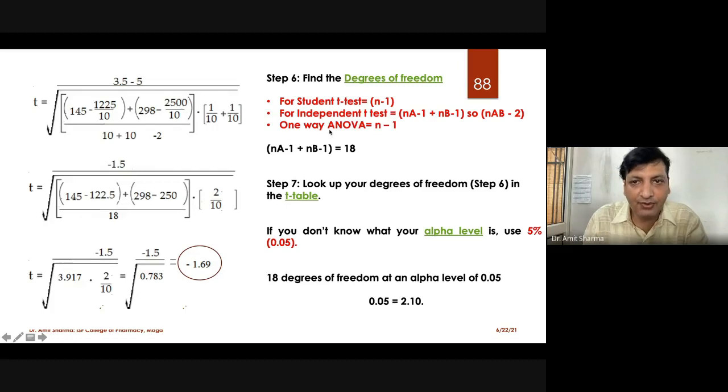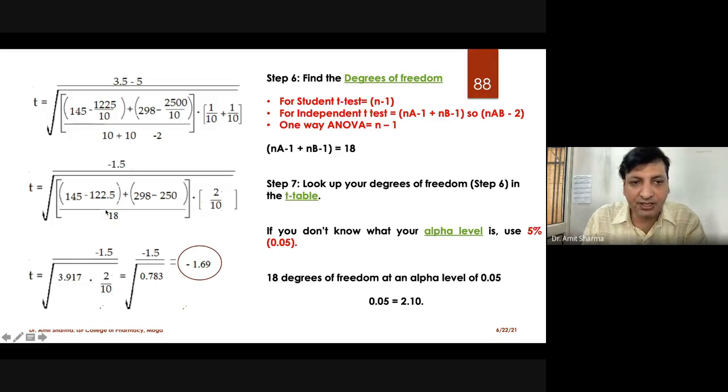And for ANOVA, which we are going to do tomorrow, the most important test called 1-way ANOVA, we are going to get a value for degree of freedom similar to the student t-test. We are not going to do n minus 3, n minus 4 or n minus 5. It is recommended as n minus 1 for the 1-way ANOVA only. So here you can see that by using this independent sample t-test degree of freedom formula, we have got this 18. So this 18 we are going to use in the t distribution table.